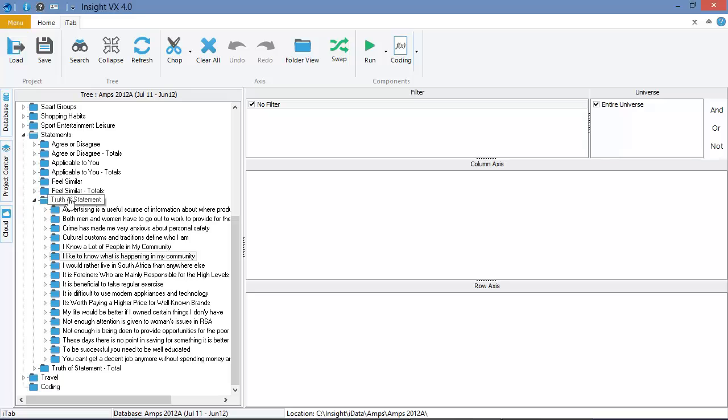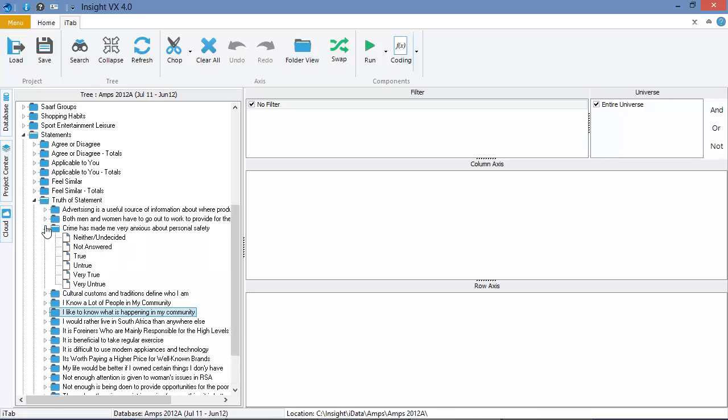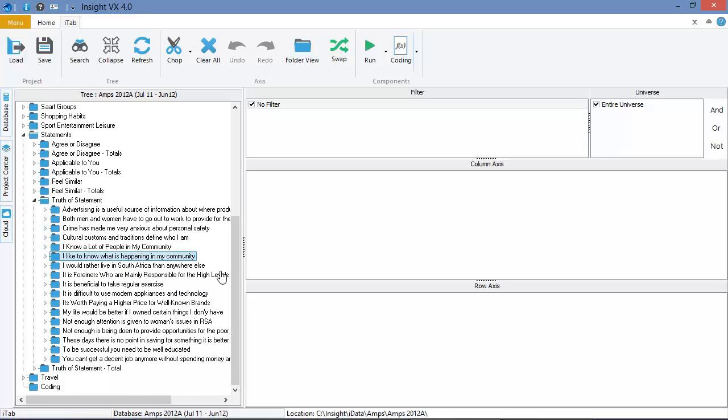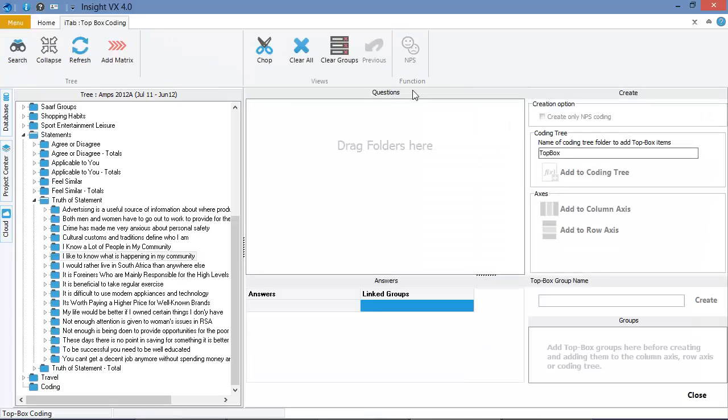There might often be times where we want to perform analysis on a group of matrix-type questions, questions that have a common set of answers. We may, however, want to combine answers such as true and very true to be represented by a single variable. To do this, we select top box and then drag our matrix folders into the box that says drag folders